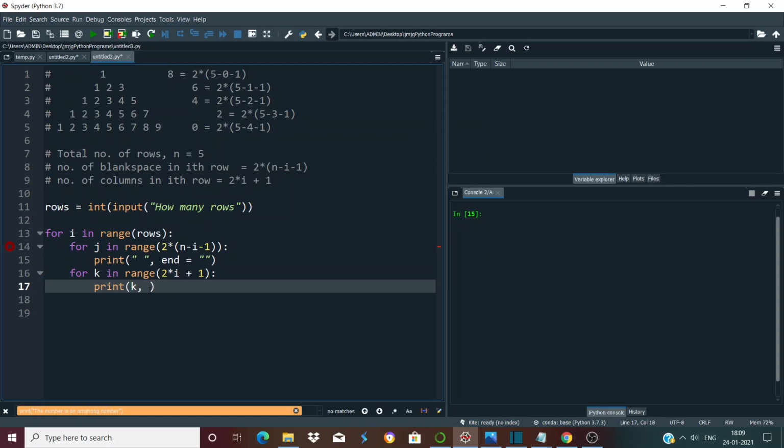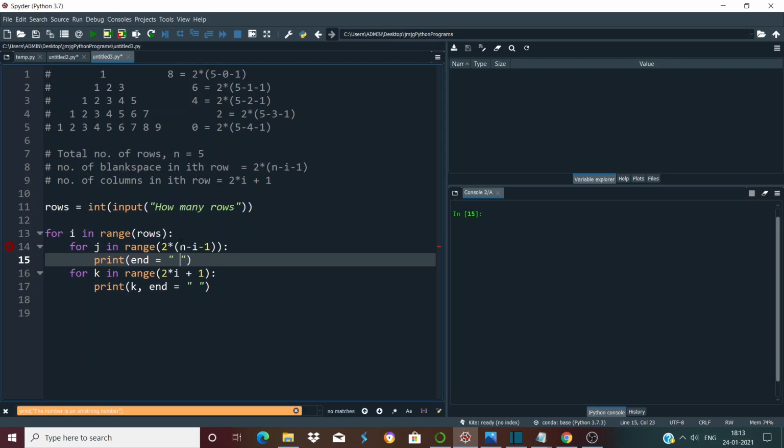So the value of the end parameter will be a blank space here. And in the above case also, instead of printing a blank space like this, you can also remove this, and you can just replace the default value of the end parameter with a blank space. That will also do the same thing for you, right?